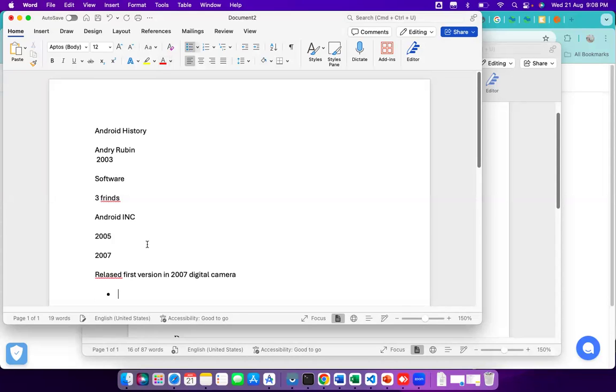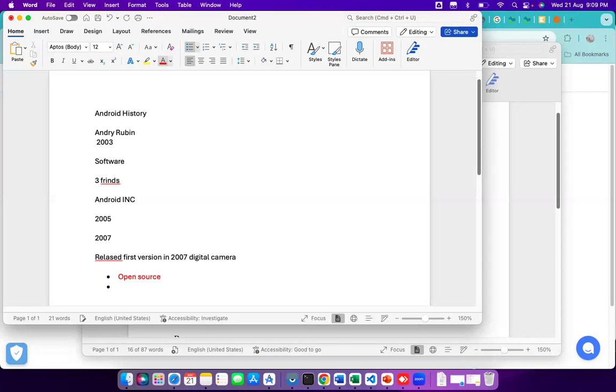What are those? First, it will always be open source, because they are developing this platform on top of the Linux kernel. Any software we develop on top of the Linux kernel is always open source. That's why they said it will always be open source.